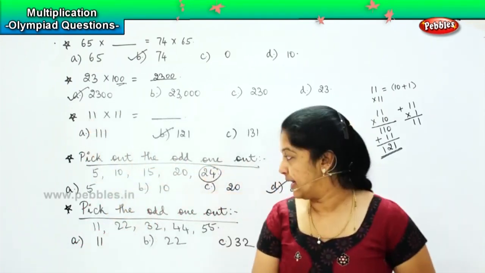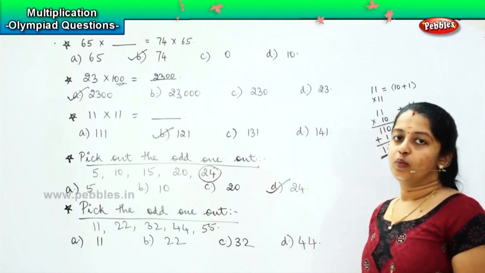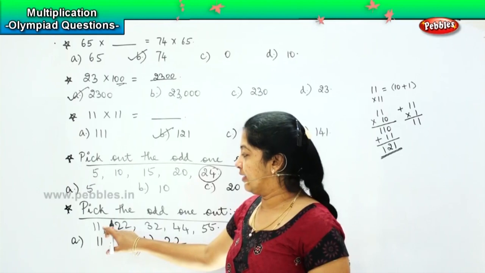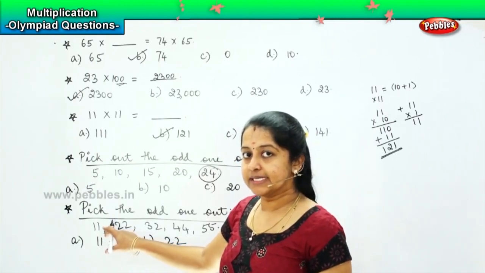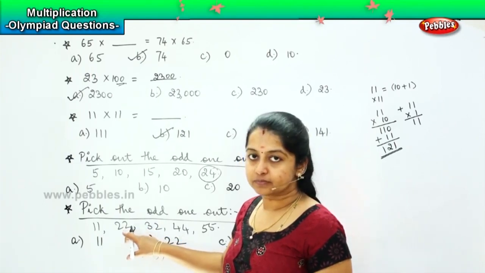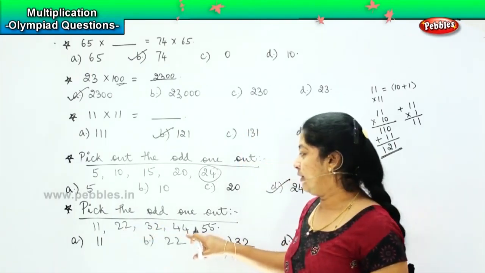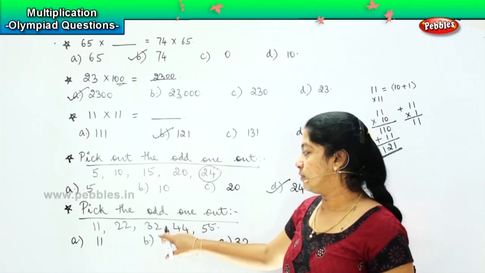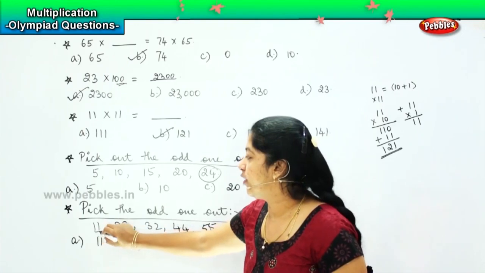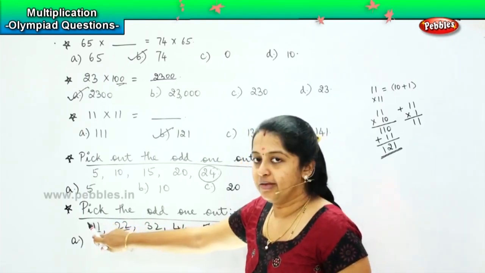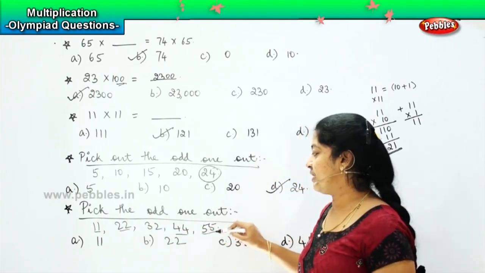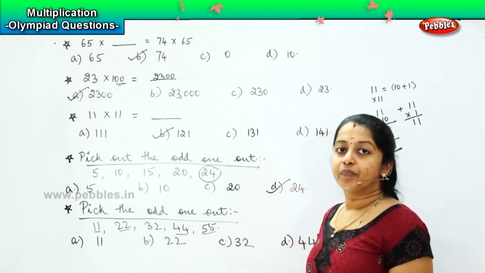Okay. Now, let us see the pattern, that what is the chain being followed here. So, between 22 and 11, what is the gap, children? It is 11. Between 32 and 22, it is 10. Between 32 and 44, it's more, right? So, if you see here, it is following the table of 11. 11 ones are 11, 11 twos are 22, 11 fours are 44, 11 fives are 55, 11 threes are 33,